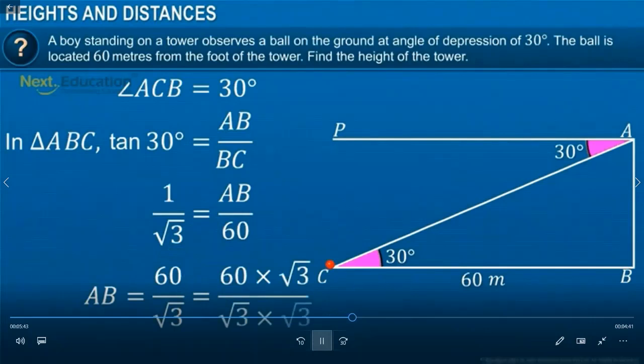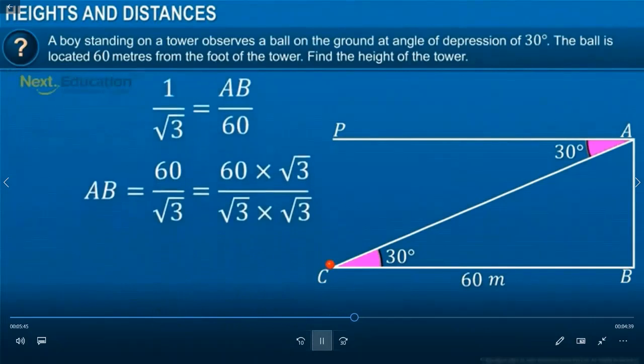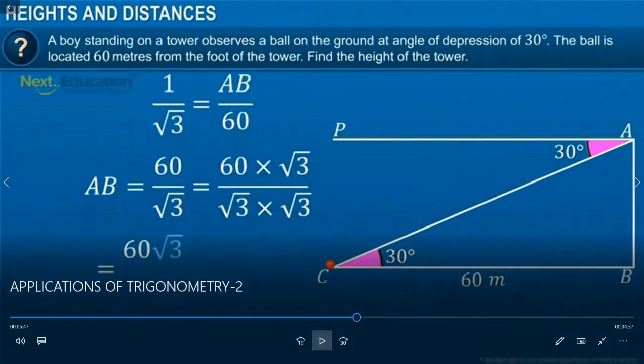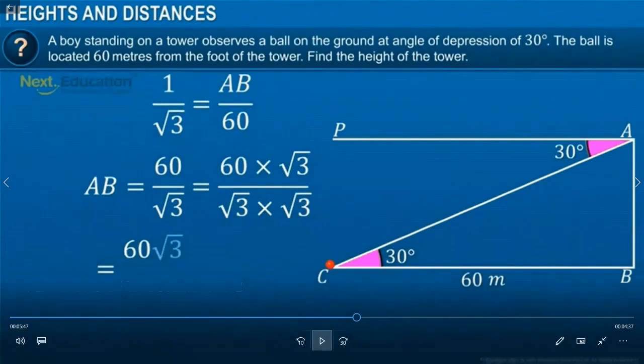So we are rationalizing the denominator. Always. Never keep a square root sign in the denominator. Mute yourself, children. All of you will mute yourself. Whenever I am asking something or you need to ask something, unmute. On simplifying, we get 20 multiplied